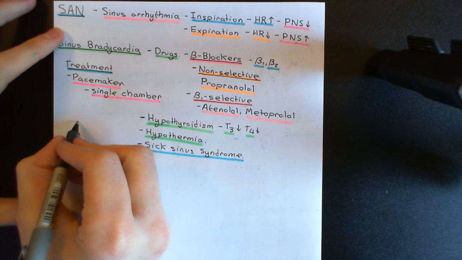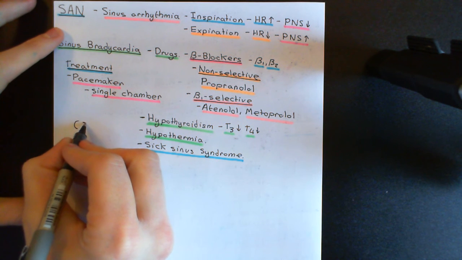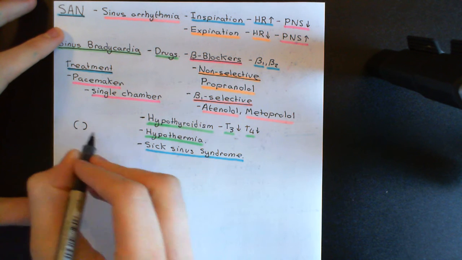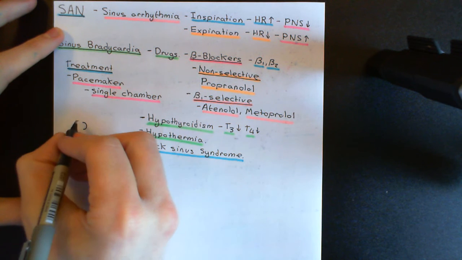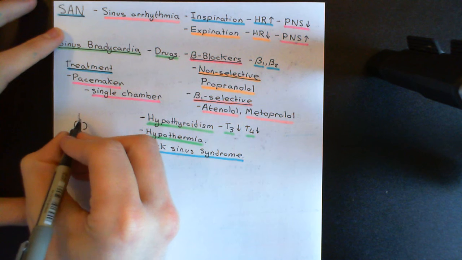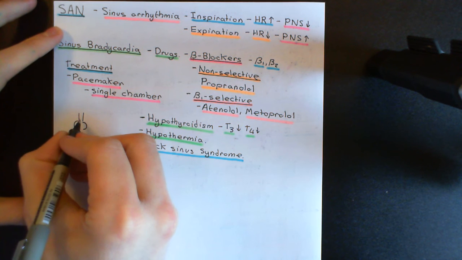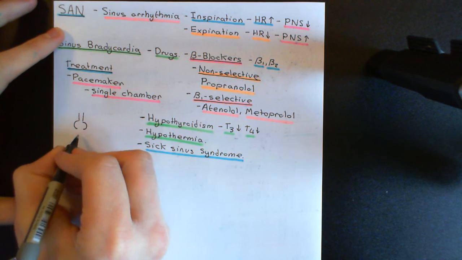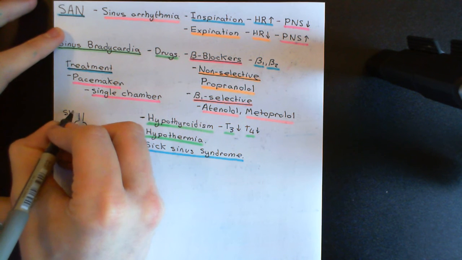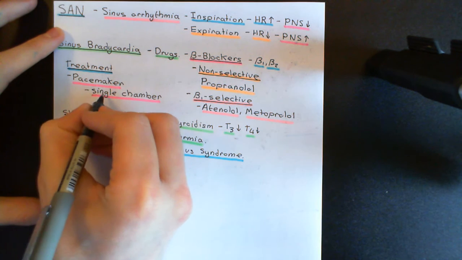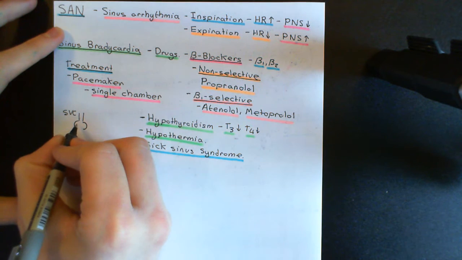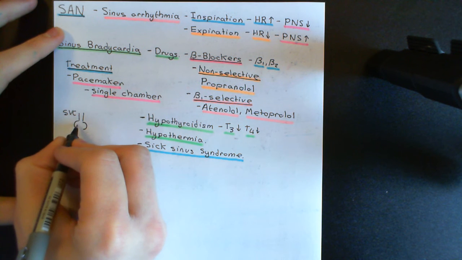Okay, so let's say that we've got the right atrium here. That is, of course, where the sinoatrial node is. Okay, that's the thing that we're trying to replace with this pacemaker, this single-chamber pacemaker. One of the major tributaries into the right atrium, along with the inferior vena cava, is the superior vena cava here. And that's actually how we're going to get our stimulating lead, or stimulating electrode, from the pacemaker device into the